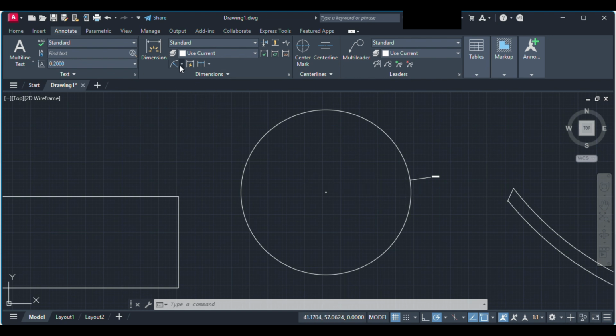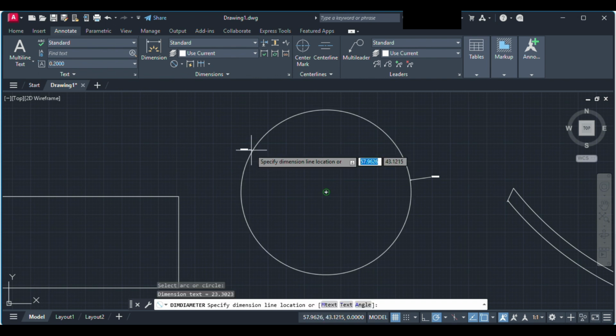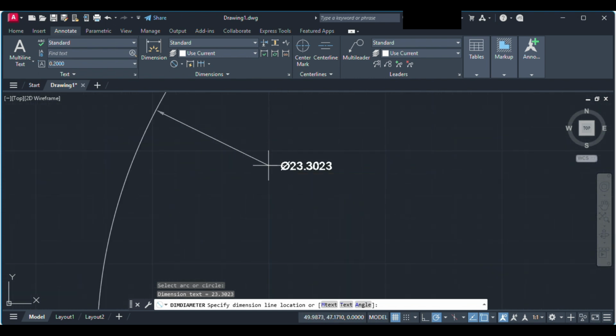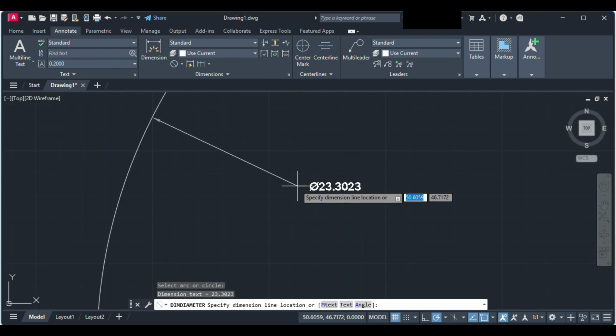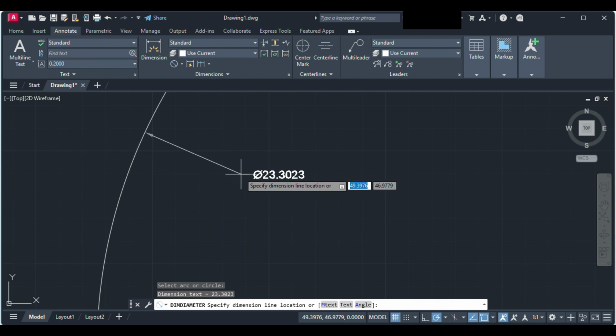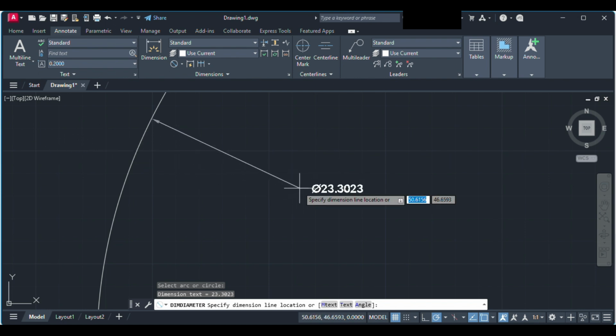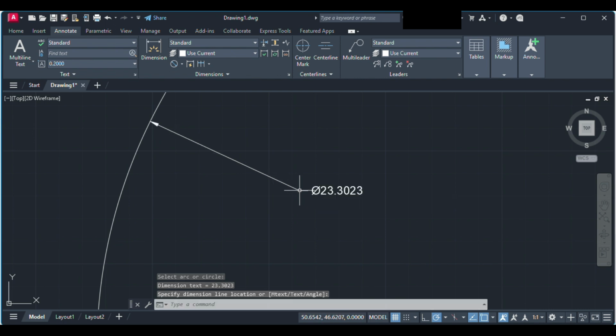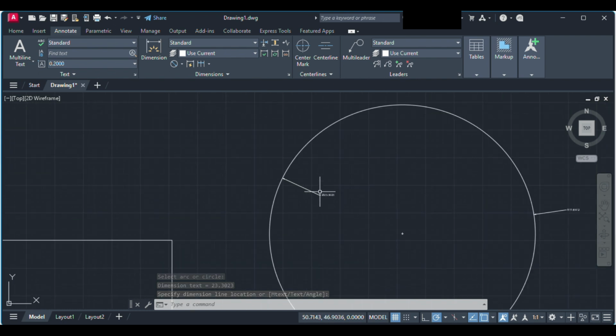Now similarly you can get the diameter also. You can just select the arc and diameter, and here you go, specify the dimension. Okay, now my diameter has been shown. Now I can simply put this annotation wherever I want. Let me put this annotation in this. The annotation is put on the basis of your drawing convention, and here you go, the 23.3023